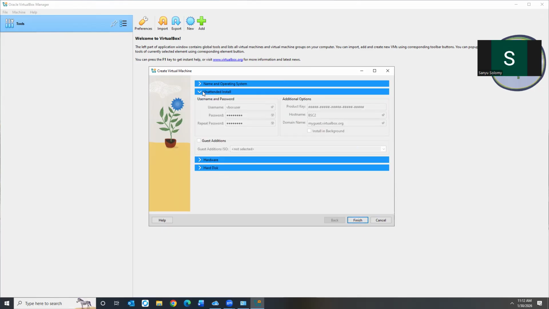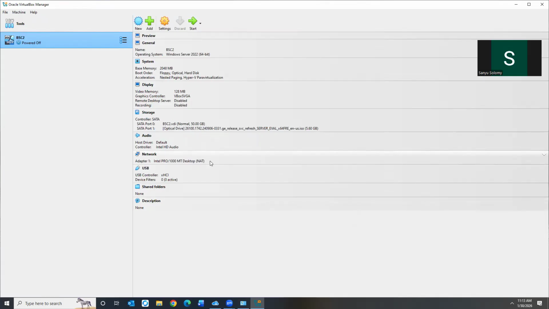For those that clicked, if you don't click skip, this part is enabled, meaning that it will do everything for you until the end. We don't want to go that way. We want to interact with our installation. So we clicked skip unattended installation. We want to attend to our installation. Click finish. If you noticed, our virtual machine has been created and it's up here. We are going to click on it and click start so that the operating system can be mounted and the installation goes on.